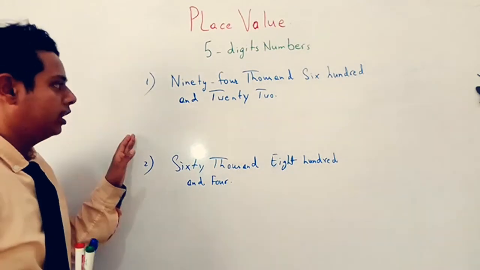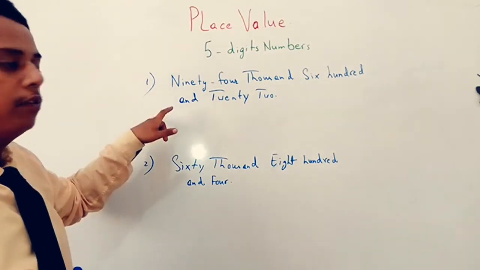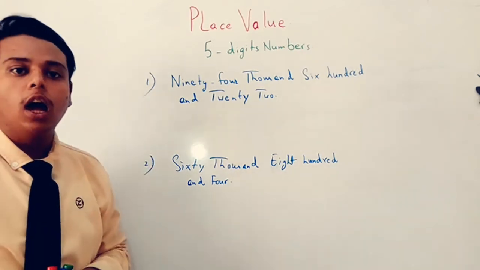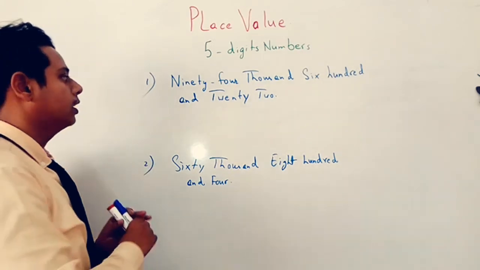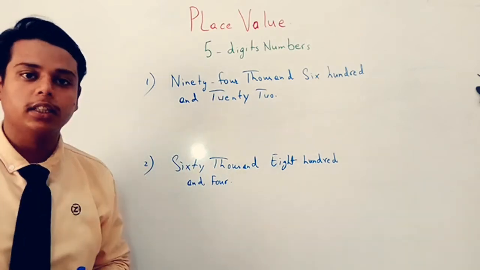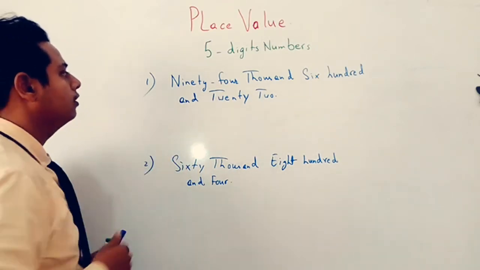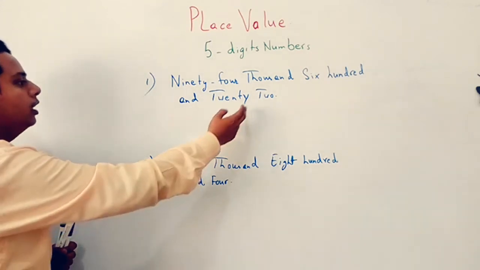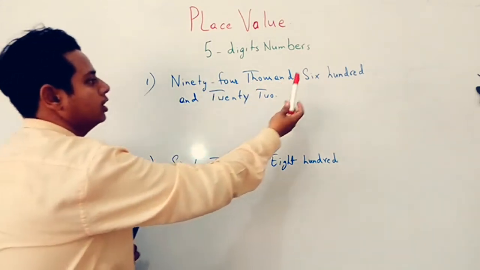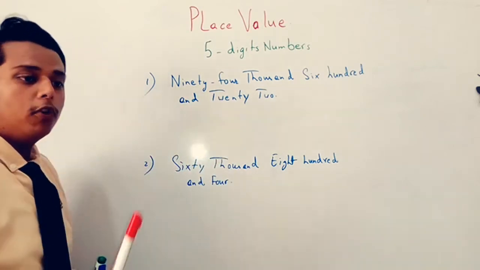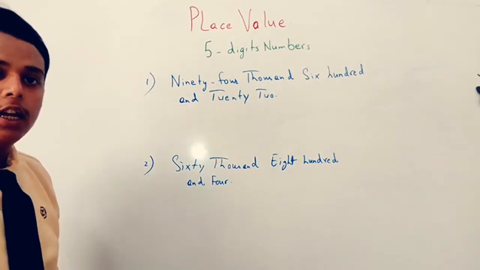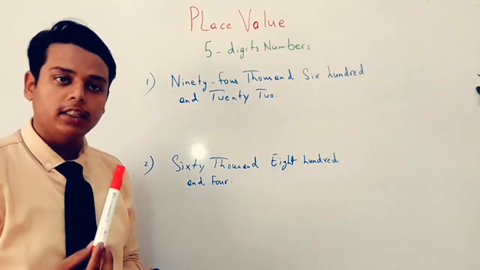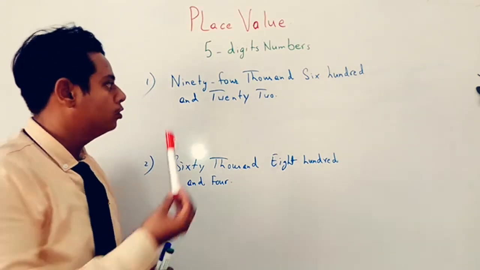Now we will just learn how we can convert the inverse form into the numeral form. अब हम पढ़ेंगे कि किस तरह से हम inverse form को नंबर फॉर्म में चेंज कर सकते हैं. A number is given over there: 94,622. Before writing the number, first of all you need to write the place values. It is easier for you then to solve the question.